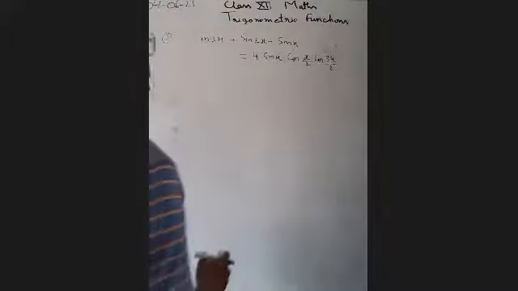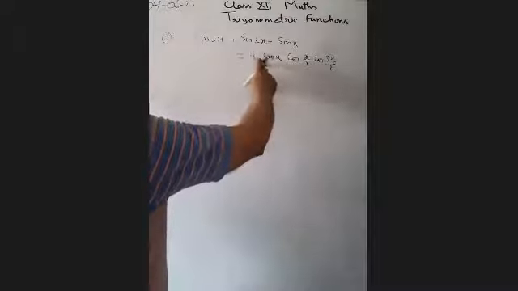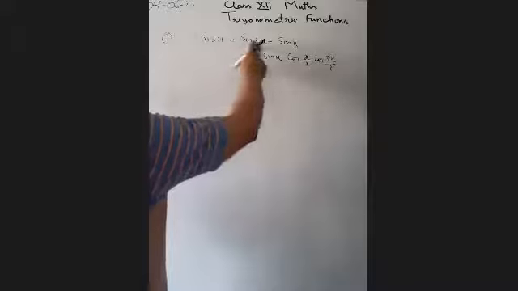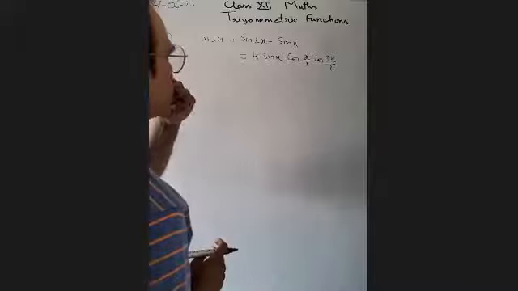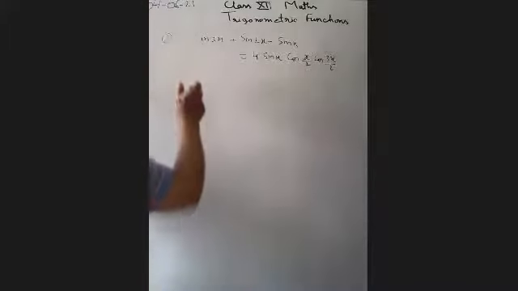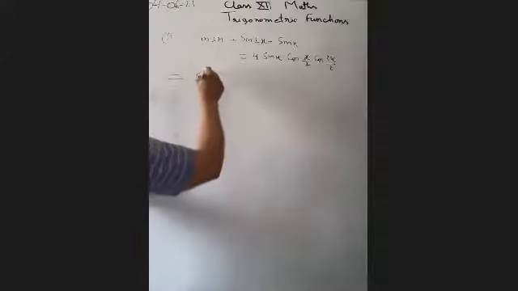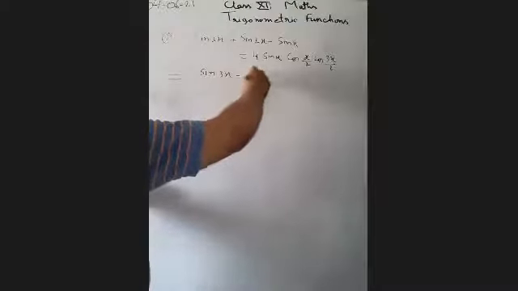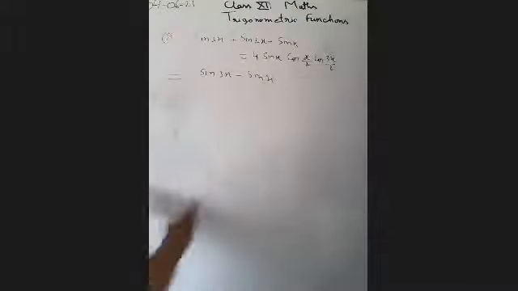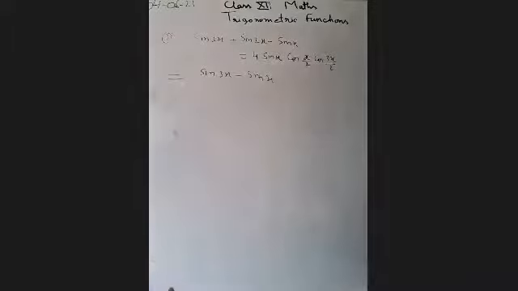Just see what we have to take care of. Sin x we have to bring. So if we take 3x and 2x, sin c plus sin d, we will get 5x upon 2. But this term we do not have to get. So we are taking this one, sin 3x minus sin x. If we apply sin c minus sin d, we will get 2 cos 4x divided by 2, 2x.